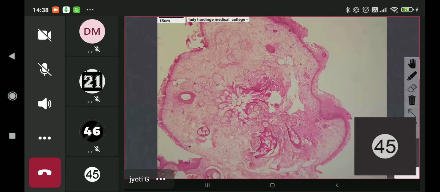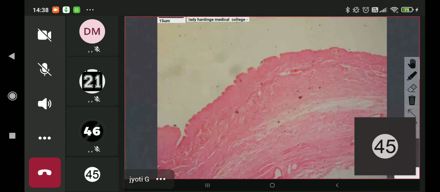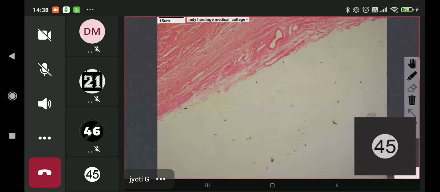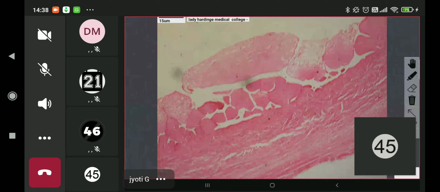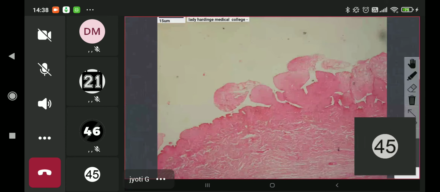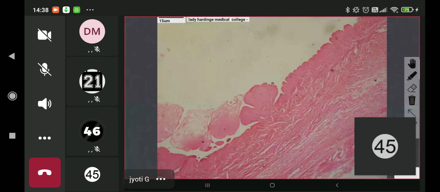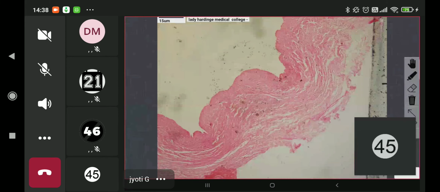Okay. Now I'm going to show you two more benign tumors of ovary, which are cystic. So again, you will be seeing cyst wall, and you have to see what is the lining of the cyst wall. So I've already told you this is benign. You will see there is no invasion. The epithelium is limited to the surface. You are not seeing any cells invading the stroma, underlying stroma.